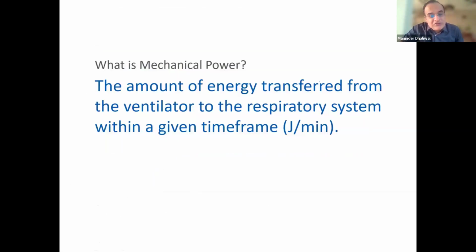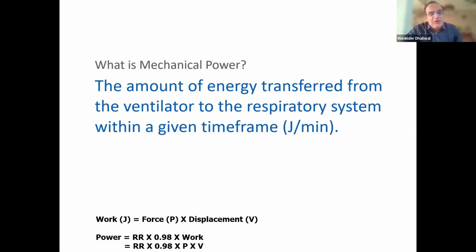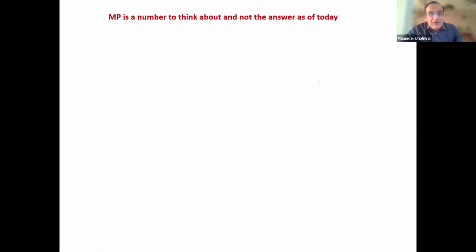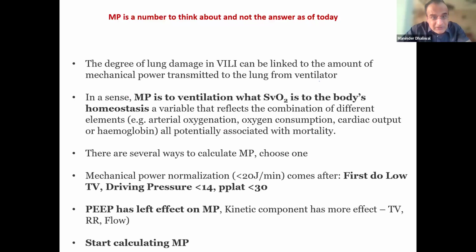So it's the amount of energy transferred from the ventilator to the respiratory system within a given time frame. It is given in joules per minute. It is calculated by the force and displacement. And it is not an answer as of today, but you should know that it is a number that you can think about. And now what they're saying is you give low tidal volume pressure, you give controlled driving pressure,